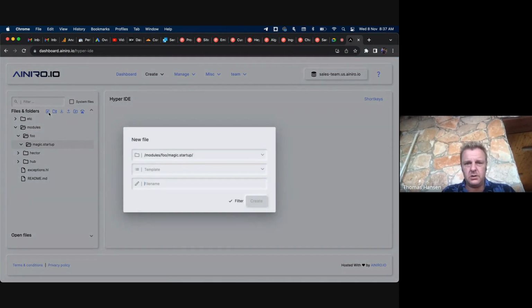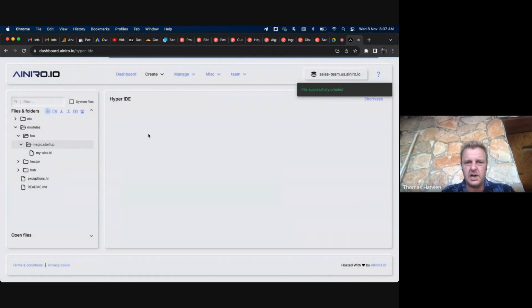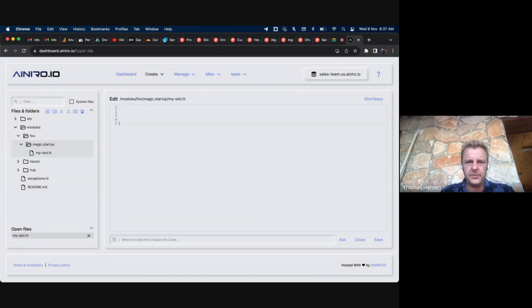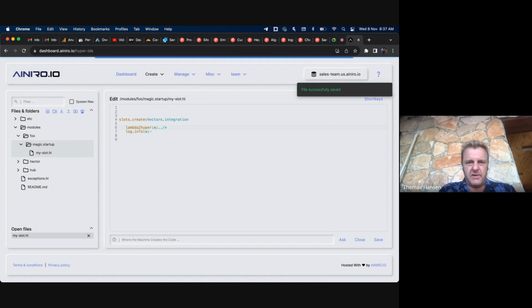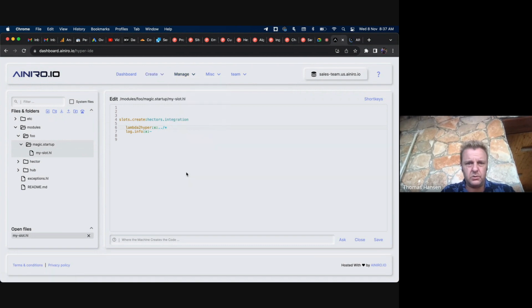Then you create a file. You can call it my-slot.hl. Here, I go into this file, and I write slots dot control space. You get autocomplete. Create Hector's integration, right? Now I do lambda2hyper colon x colon dot dot log dot info colon x colon minus, slash, save, F5. If I now go to manage,